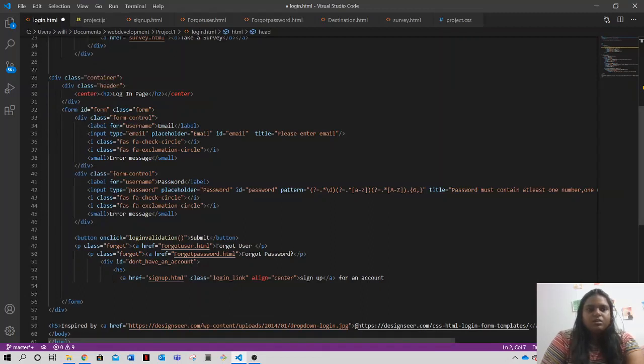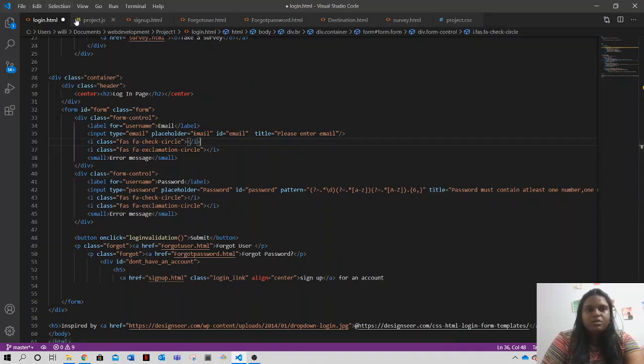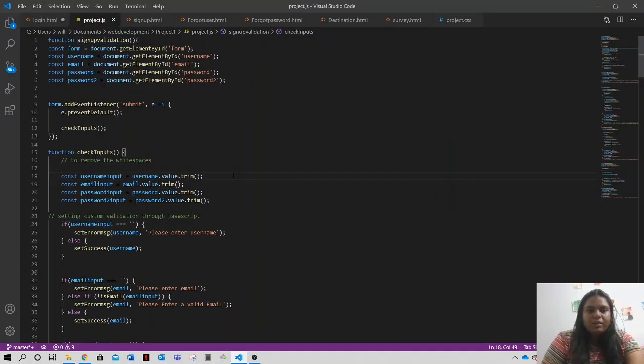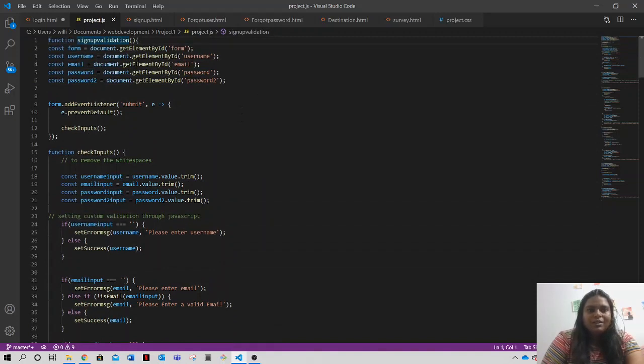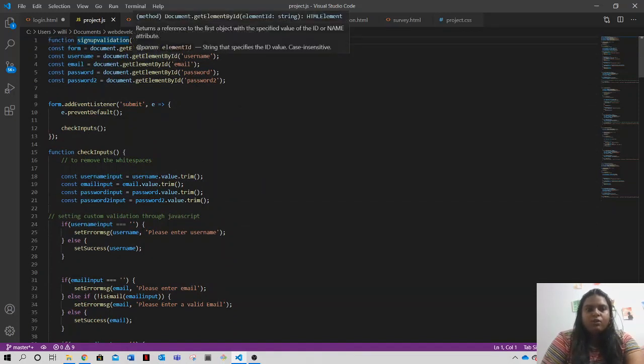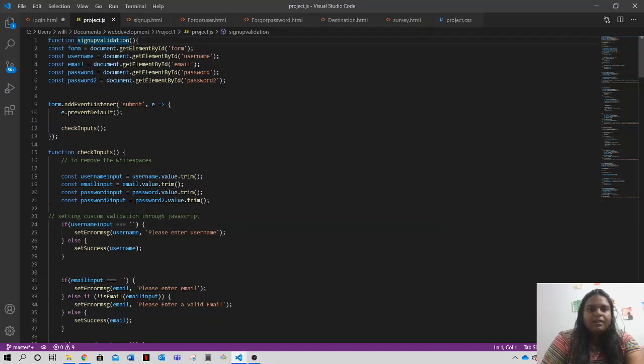So here, this is the code snippet for login page where we have email and password, and as you can see I have given IDs for these, and here for the email we have used the JavaScript to throw the validation. See here it gets the ID. As you can see here, it gets the form ID, then we are getting all the form IDs in the beginning, and then we have given